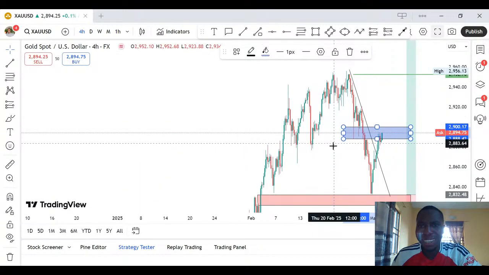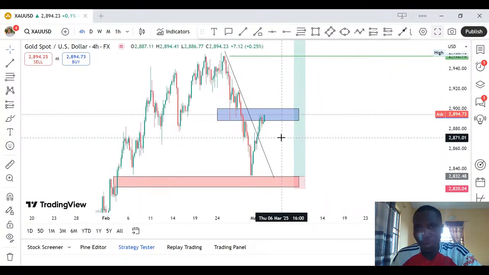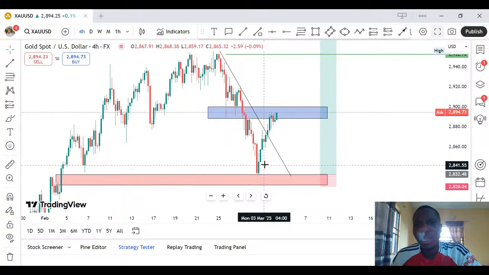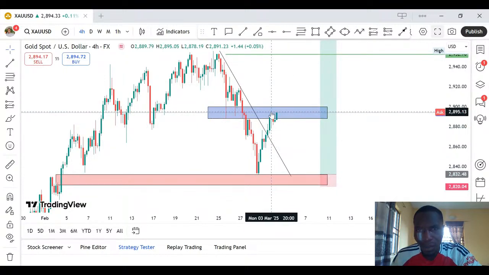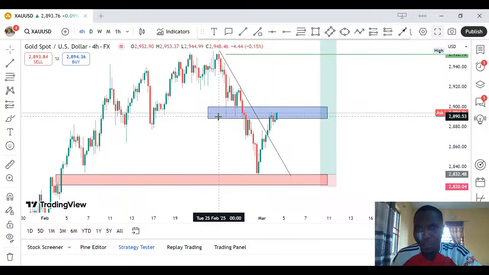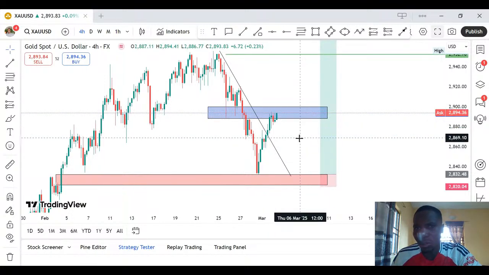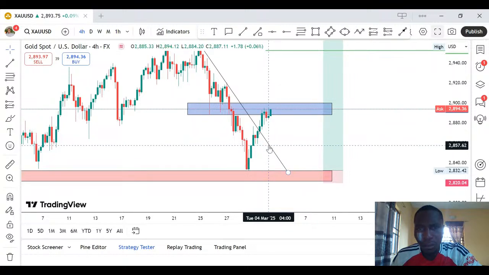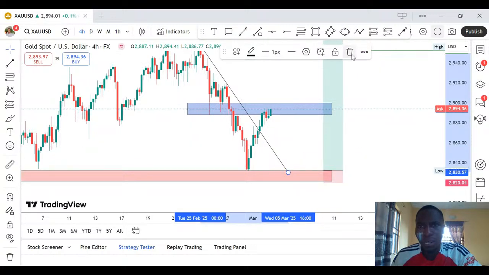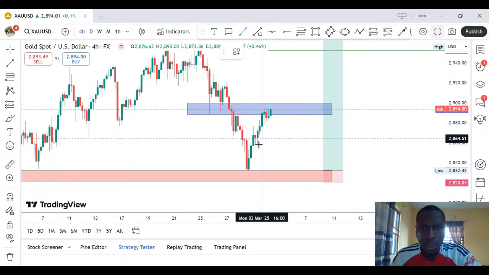But the reason why we are having this is because for this breakout, for me to make any decision, price can from here turn and start coming down. You can see this is a good rejection, maybe not too strong, but the rejection is good. And for the fact that this point is an equilibrium point, let me take this out because this has already been invalidated. Now I plot this counter trend line.